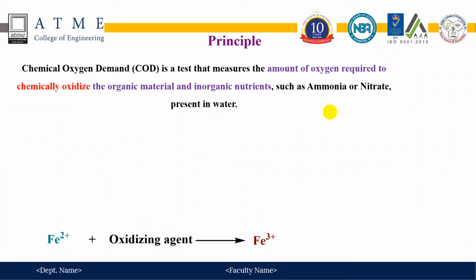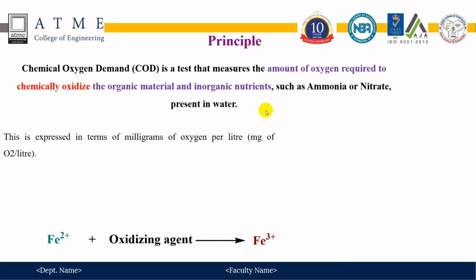Chemical oxygen demand is the test that measures the amount of oxygen or the oxidizing agent required to chemically oxidize the organic materials or oxidizable inorganic nutrients such as ammonia and nitrate present in the water. So this chemical oxygen demand is expressed in terms of milligrams of oxygen per liter,